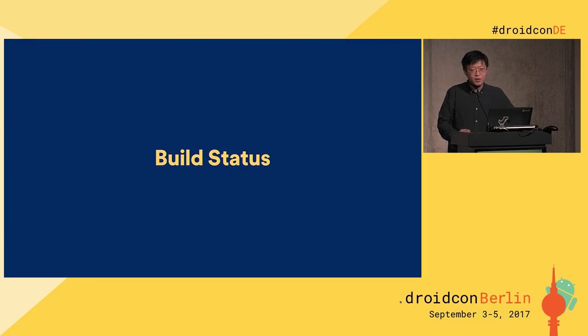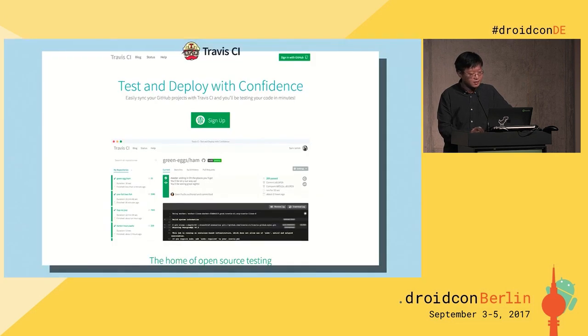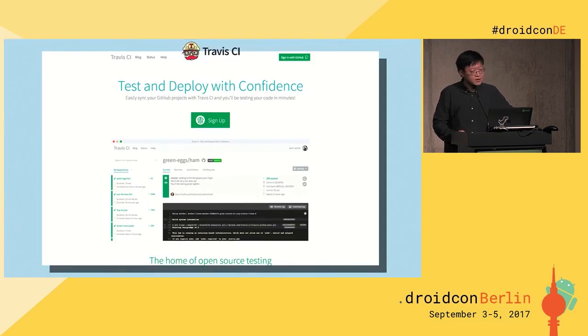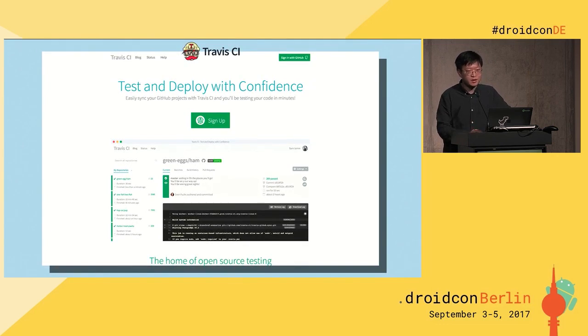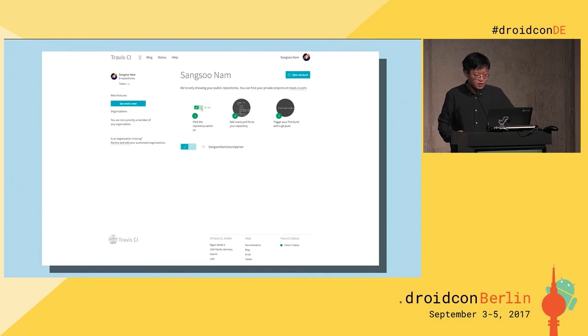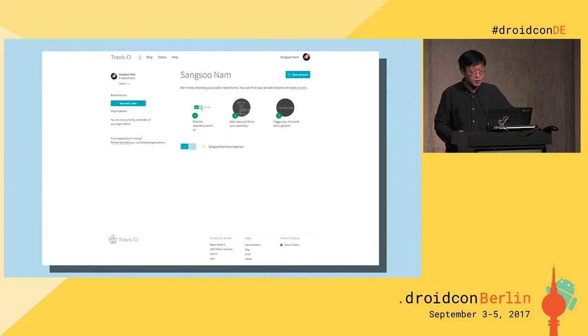So for that, we need the continuous integration tool. So for example, there's a tool called Jenkins or TeamCity. But for an open source project, I think Travis CI is good enough. And they support open source projects really well, and you can sign up with a GitHub account. And after that, you can choose the repository you want to enable continuous integration.